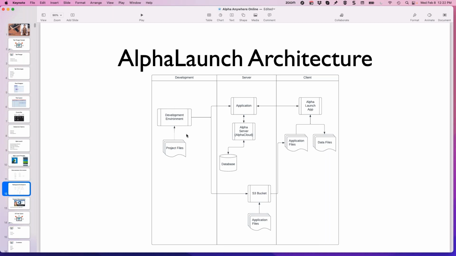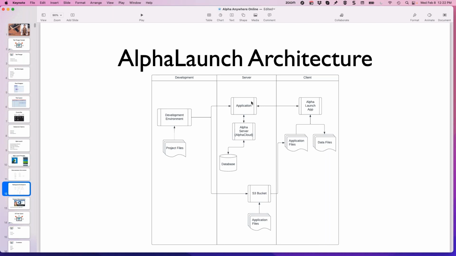First, you're going to deploy your application to Alpha Cloud or a dedicated Alpha server. You don't have to use Alpha Cloud. It's nice, easy, makes life simple, gets rid of maintaining servers, but you can use your own server, which is fine. So basically, you're pushing up to the server the files so that your app can talk to it and then talk to the database from there,